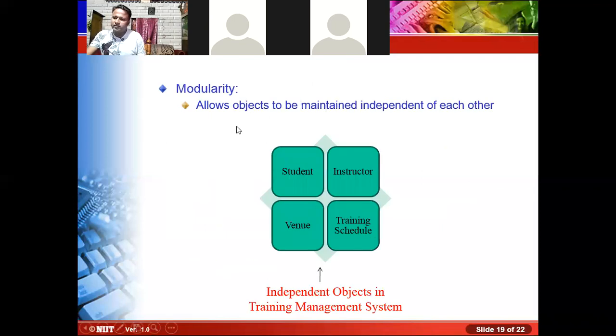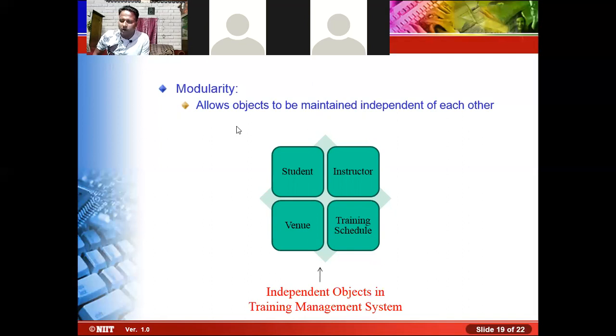Modularity: it allows the objects to be maintained independent of each other. When you are assigned a task of creating an application for a bank, the bank has different modules like loan account, savings account, RD account.